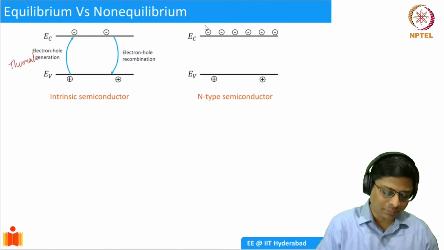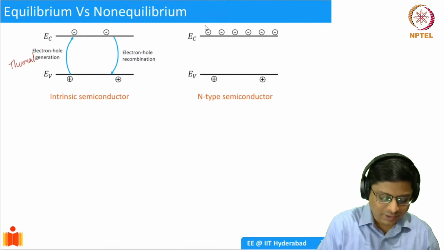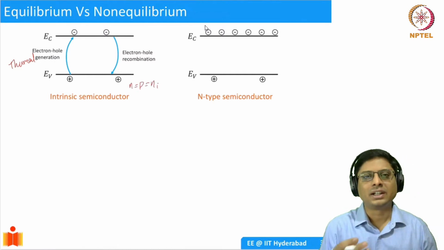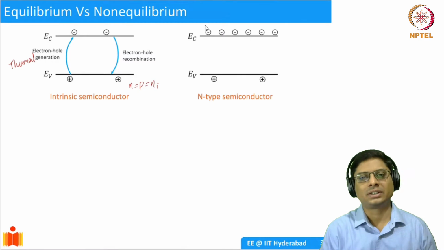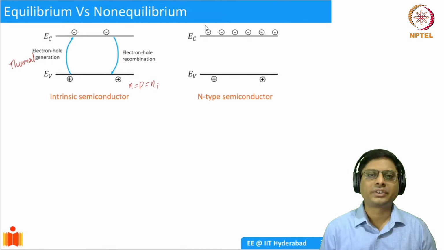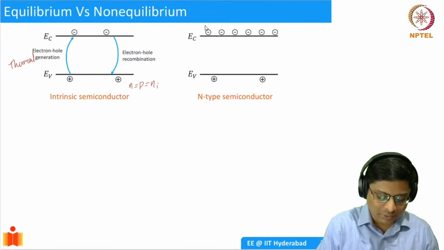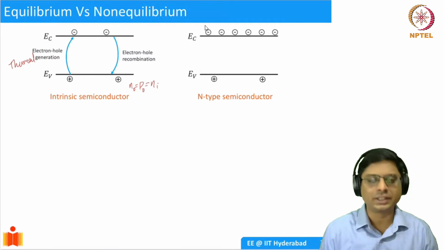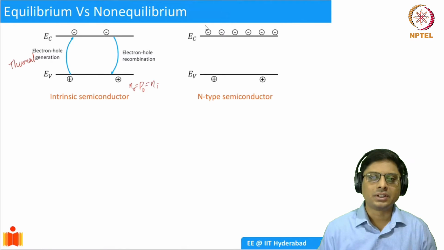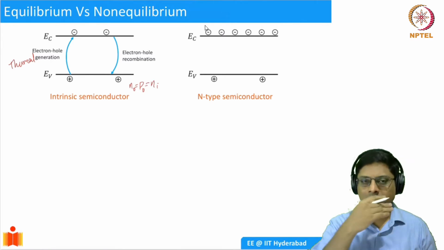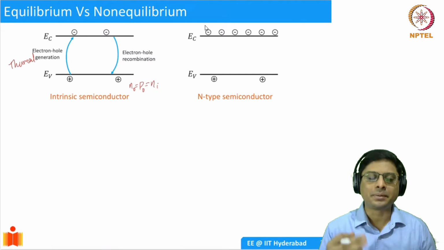So we've seen multiple times, we kept on emphasizing that n equal to p equal to ni is essentially the intrinsic carrier density when electron and hole concentrations are the same. Okay, and we sometimes denoted that by using a subscript 0 to indicate equilibrium. So when you have equilibrium, then the Fermi energy was at the middle of the band gap.